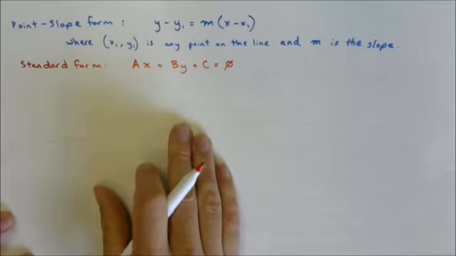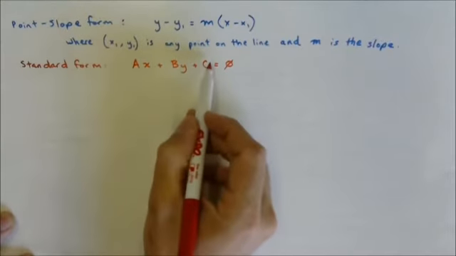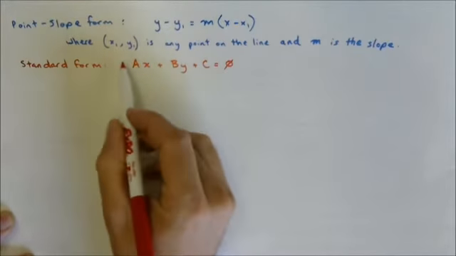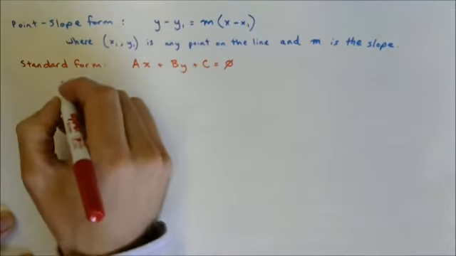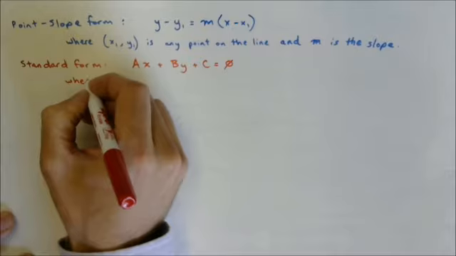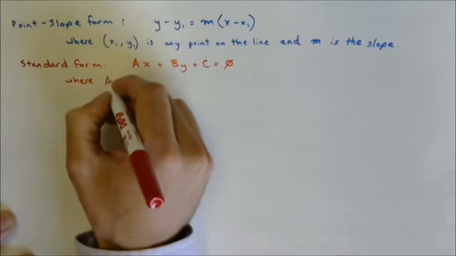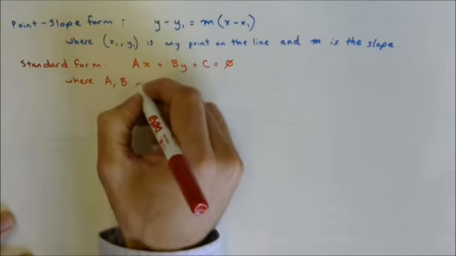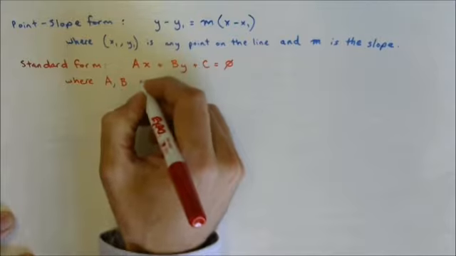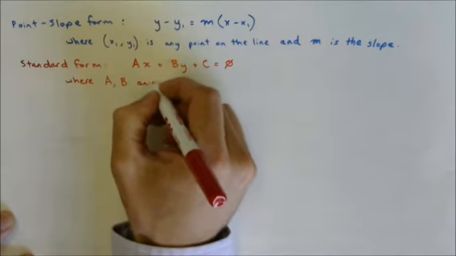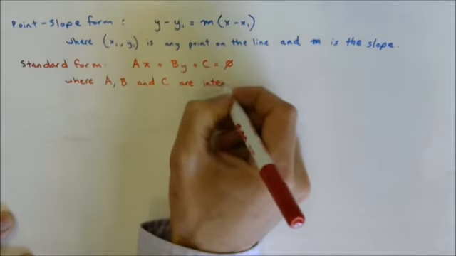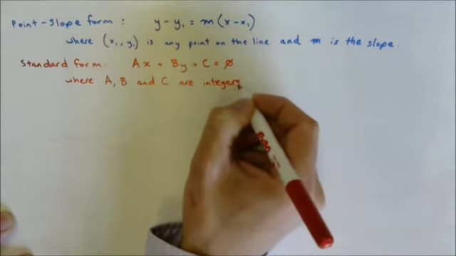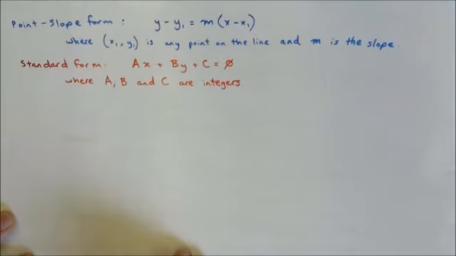So the key to standard form is that all the numerical and variable information is on the left, and you have a 0 on the right. And the key here, where A, B, and C are integers. Okay, that means they are whole numbers, positive or negative whole numbers,